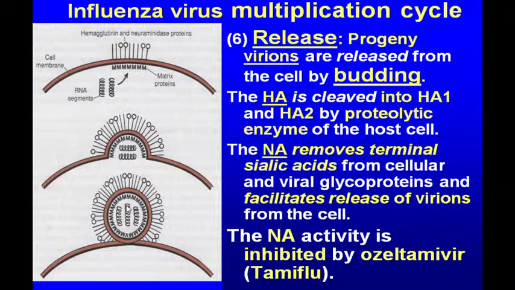But when the virus is released, it stays attached to the sialic acids on the surface of the cell. And here a drug may inhibit the activity of neuraminidase, so the progeny virions will never be cut off the maternal cell, and infectious virions will never be produced. This is the drug oseltamivir that is used, and the target is neuraminidase.